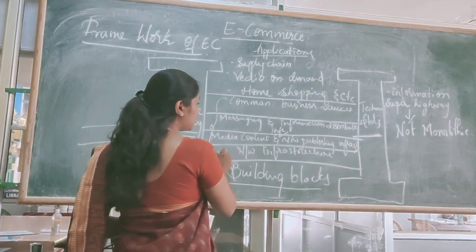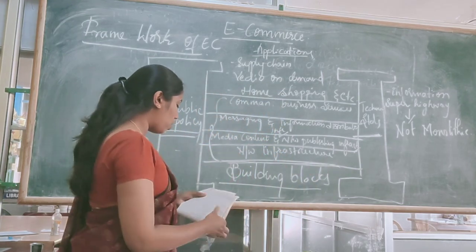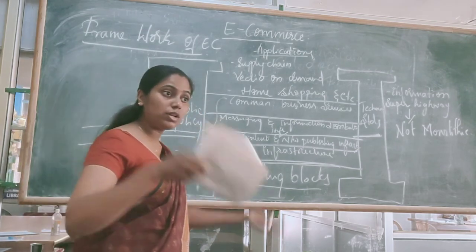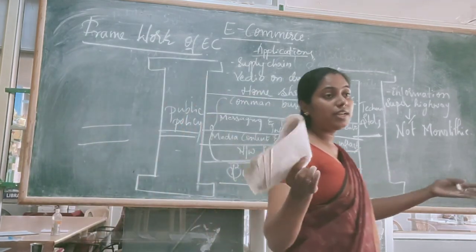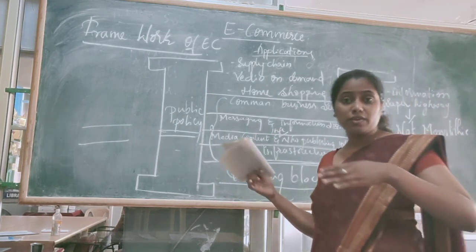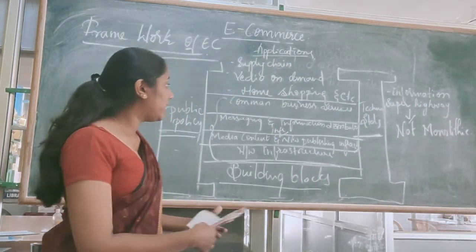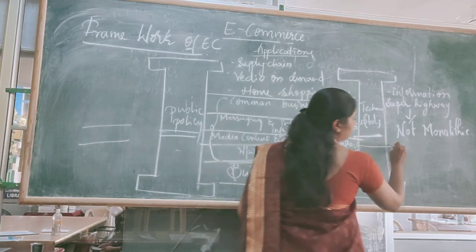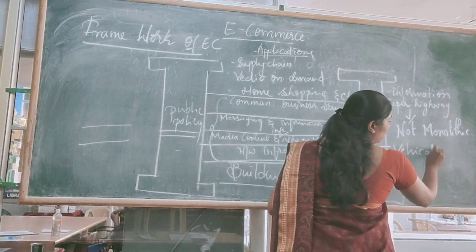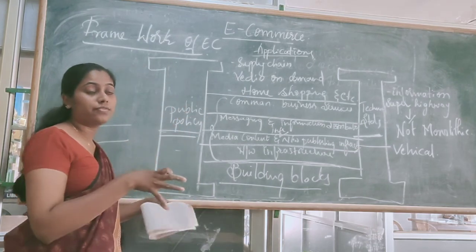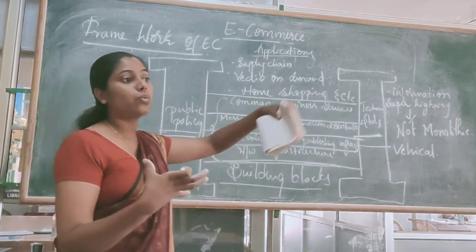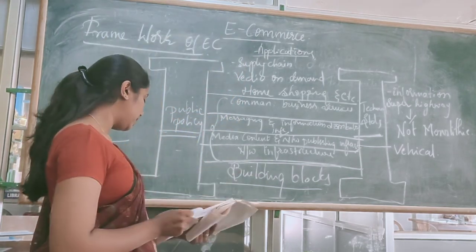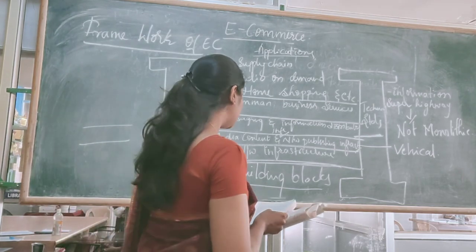So this is like a highway. In the highway we have the road. To put the goods, we need some vehicle. So the media content and network publishing acts as the vehicle. It acts as a vehicle to transport the information or the goods from one point to the other. The best example for media content and network publishing is HTML.